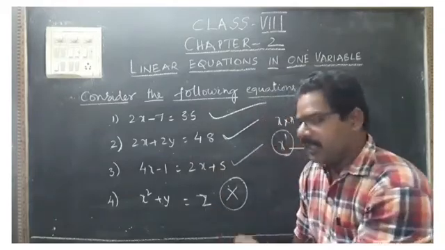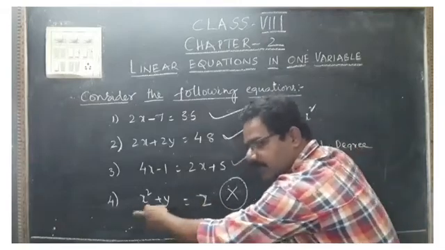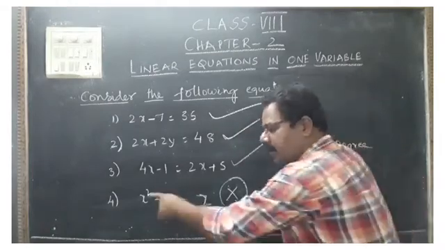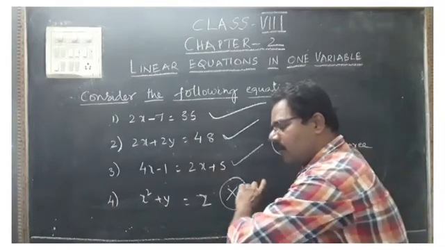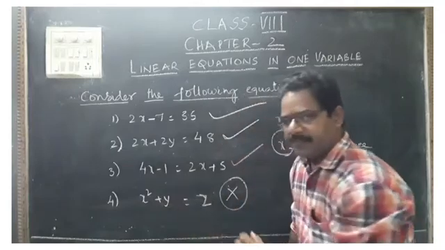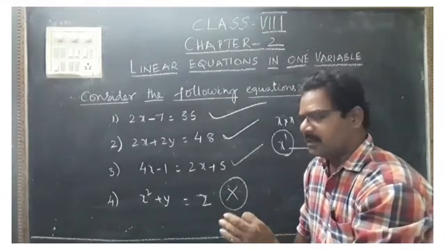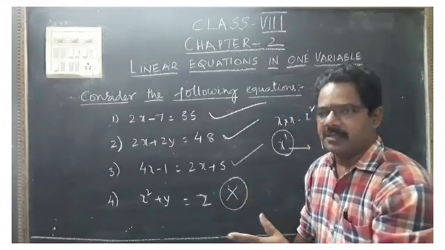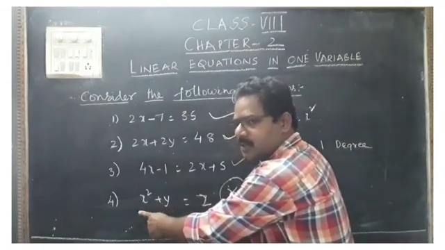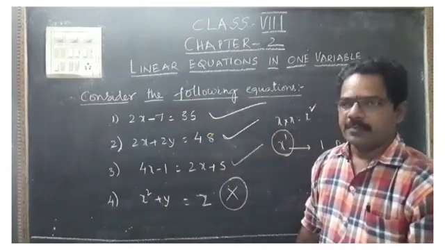You can get some doubt. Here ones are there, but you are not considering all these. Why are you considering this one only? You can get the doubt. I will explain. First of all, we have to consider all the terms, each term, either plus or minus, separately. Each and every term we will consider. But in that, the one having the highest degree should be considered. That is here 2 is the degree. So the degree of this total equation we can call as 2.